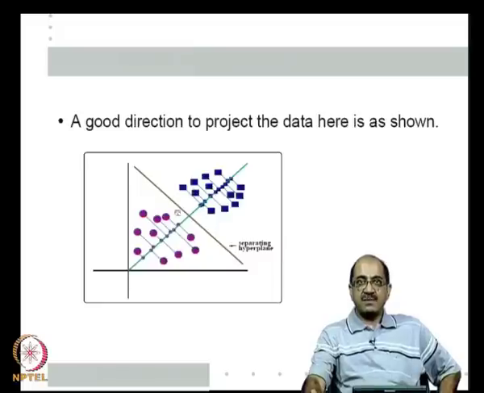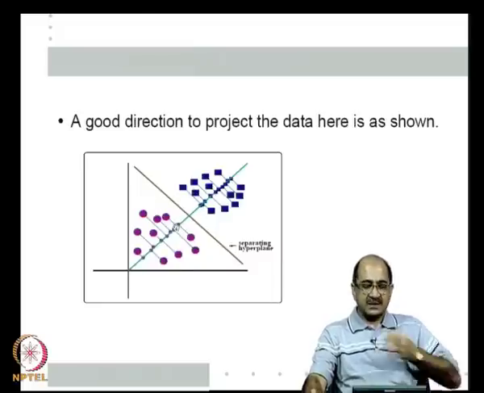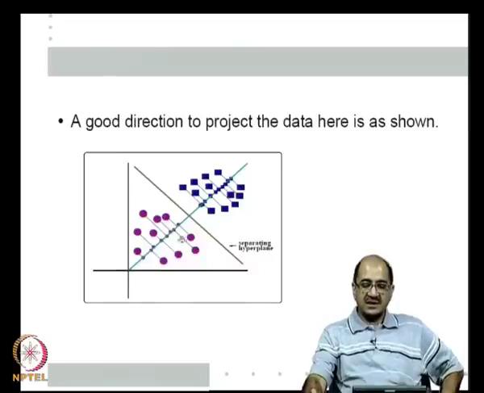The actual separating hyperplane is perpendicular to this direction. So, if I think of W as this direction, obviously W is the normal to the separating hyperplane. So, that will be the separating hyperplane. So, I can think of finding the best W as finding a direction along which I have to project the data, so that all feature vectors of one class in the projected space are well separated from the feature vectors of the other class.